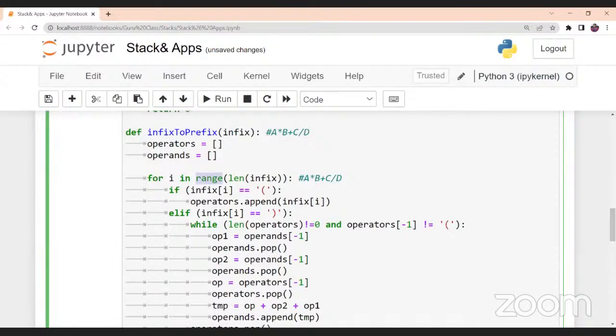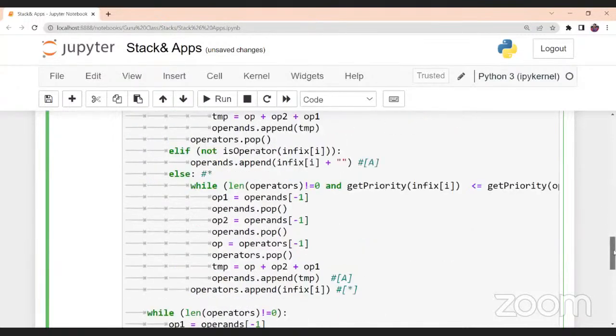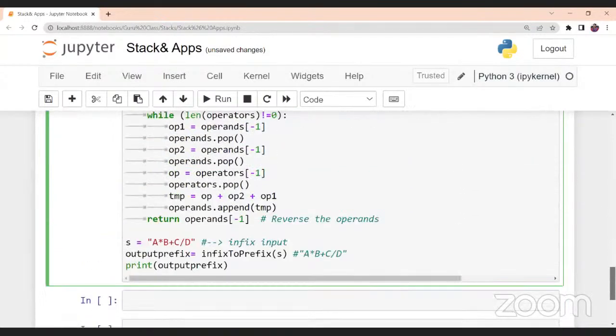This will go on until the end of this particular loop. How many ranges are there? It will have the total length of the input. So how many values are here? 1, 2, 3, 4, 5, 6 and 7. So there are totally 7 values, or 7 length, inside this. So that's how it will be working. Based on the operator it will work, and based on the operands it will work and show your outputs. Okay, so this is the basic understanding.